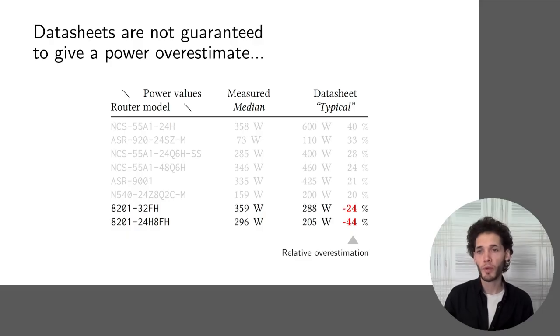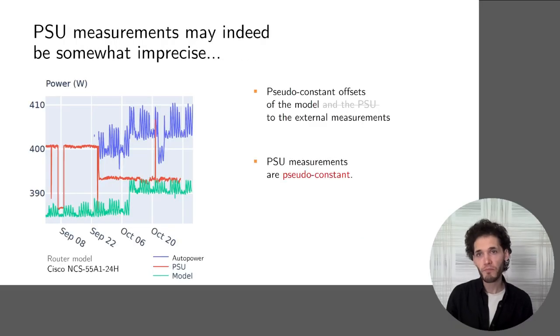In the switch network for two router models, the datasheet actually quite seriously underestimates the measured power value, and those routers were not under particularly high load, so it seems really to be a problem from the datasheet itself. The second is that some power supply units seem indeed, as had been suggested to us, to be not very reliable. Here is the same plot as before for another device model,